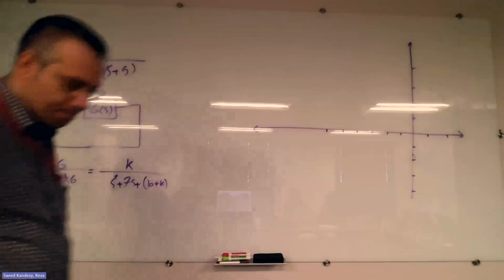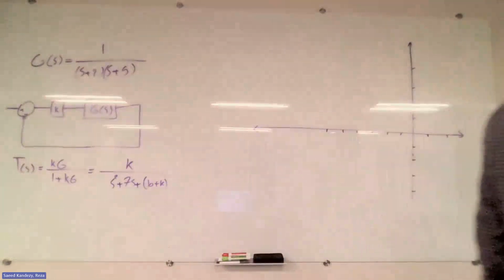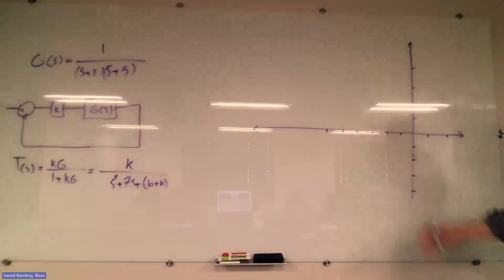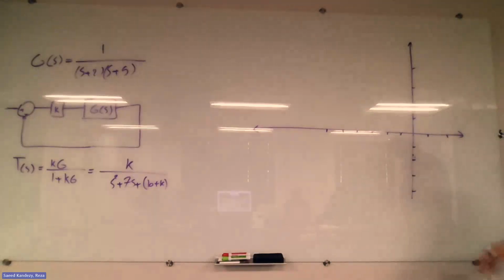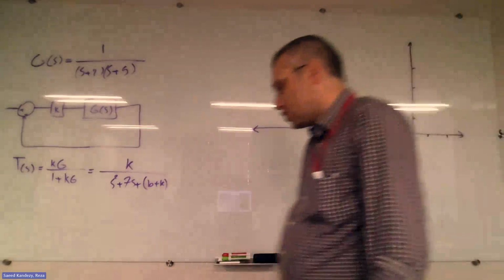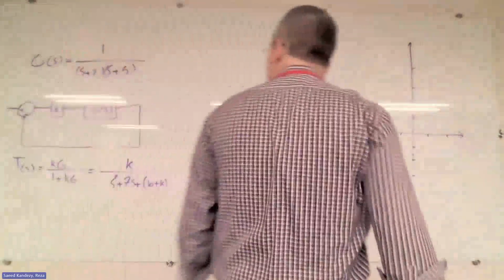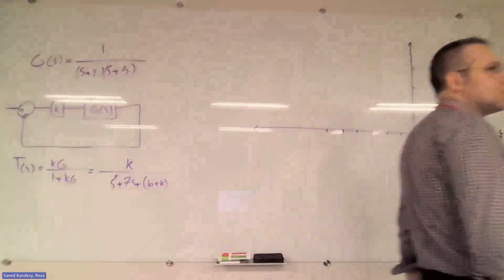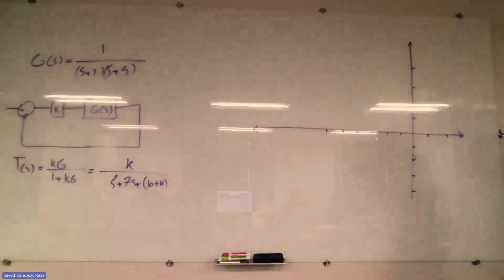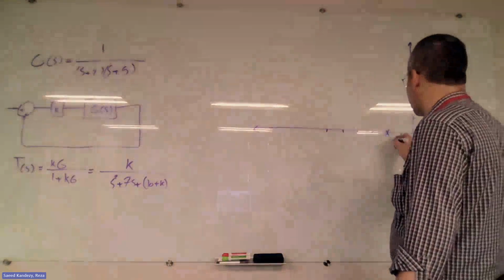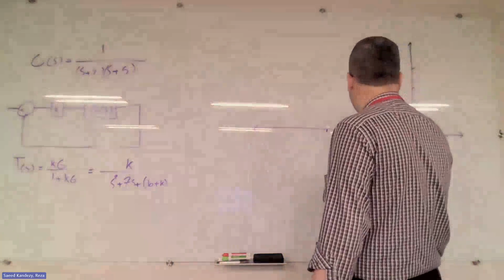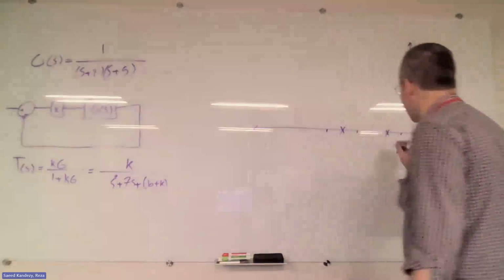The first step we had was to place the open loop poles and zeros on the S plane. Okay, so we don't have any zeros, so we don't put anything as a zero. Then we have two poles, one at -2 and another one at -5. So we are going to place them on the